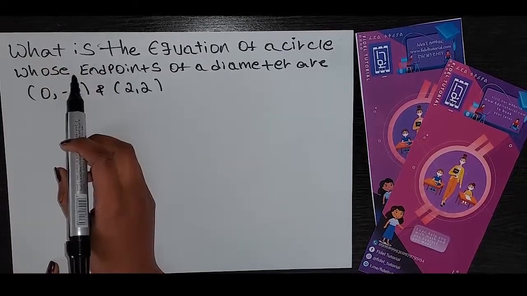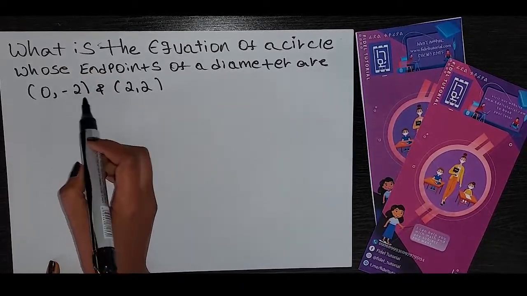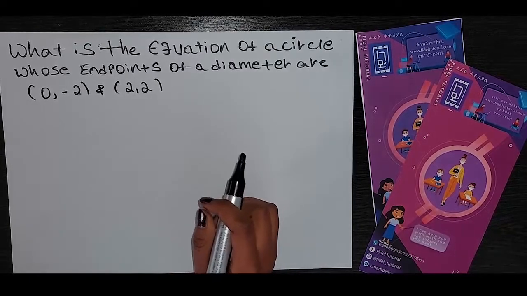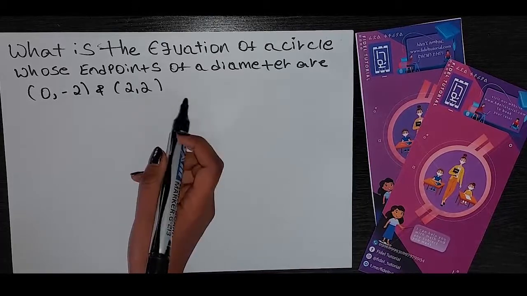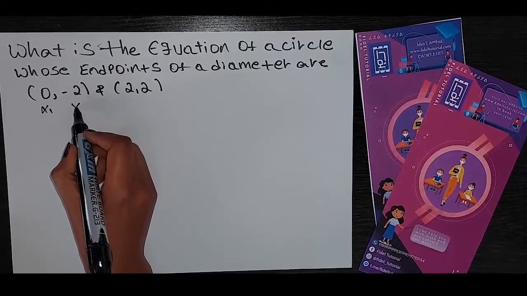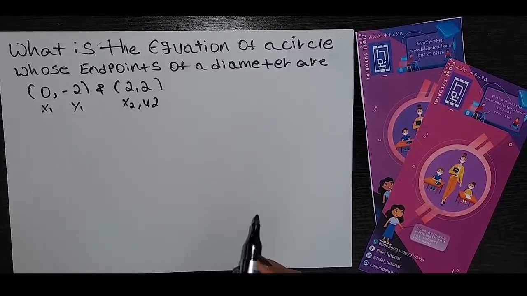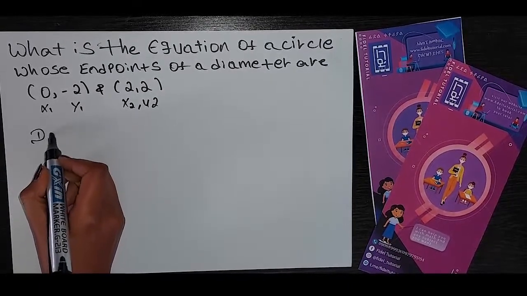What is the equation of a circle whose end points of a diameter are (0, -2) and (2, 2)? ስለዚህ ይህን ጥያቄ ሶልቭ ወደ ማድረግ እንገባለን። በመጀመሪያ የተሰጡንን ፖይንቶች (0, -2) እና (2, 2) የሚለውን ሪፕሬዘንት እናድርገውና x1 y1 x2 y2 ብለን ሪፕሬዘንት እናደርጋቸው። ስለዚህ ጥያቄ ሶልቭ ለማድረግ መጀመሪያ የምንፈልገው ዲያሜትር ነው።